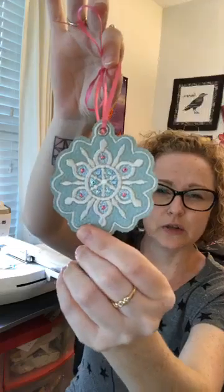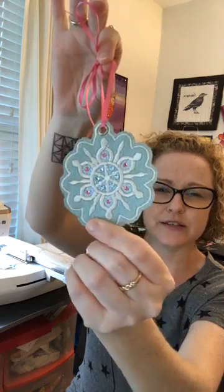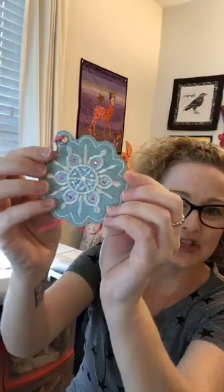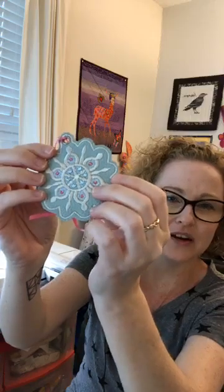I turned them into a little bit bigger of a snowflake here. And hopefully you can see a little bit of iridescence, not the jewels, not the bling, but can you see a little iridescence in there? What I did is I laid down a piece of mylar before it started stitching. And so what that does is it adds a little bit of shimmer. If you can see that a little bit behind the pink there, it adds a little bit of shimmer